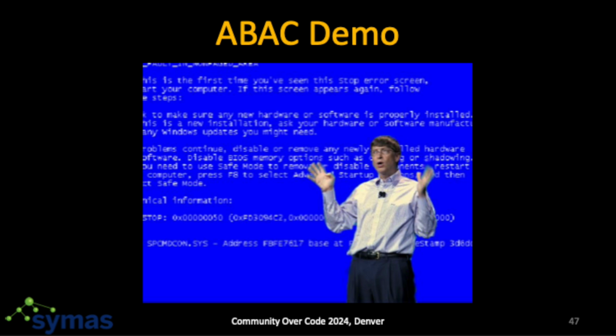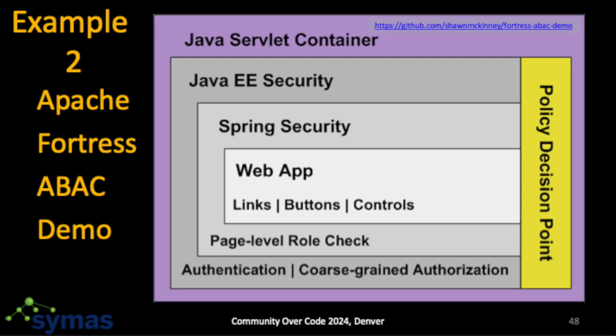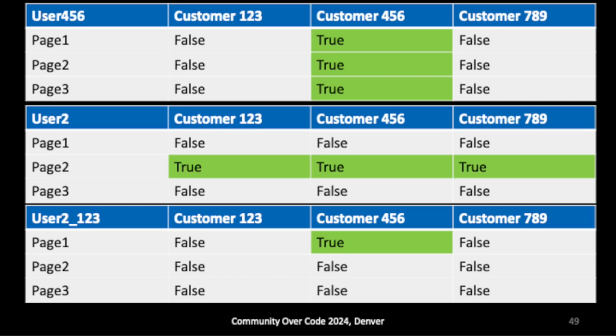Okay, so here's another ugly GUI app that I designed for you. It's called the Apache Fortress ABAC demo, and this is also in my public GitHub account. It uses Apache Wicket as a web framework. It's just a very simple app, much simpler than the other one. It doesn't have the database and all that other stuff. I was just trying to demonstrate policy with this one. And you can implement the same table that I did before, as far as 3 pages, how many customers, and so forth. And so let's just try it out.